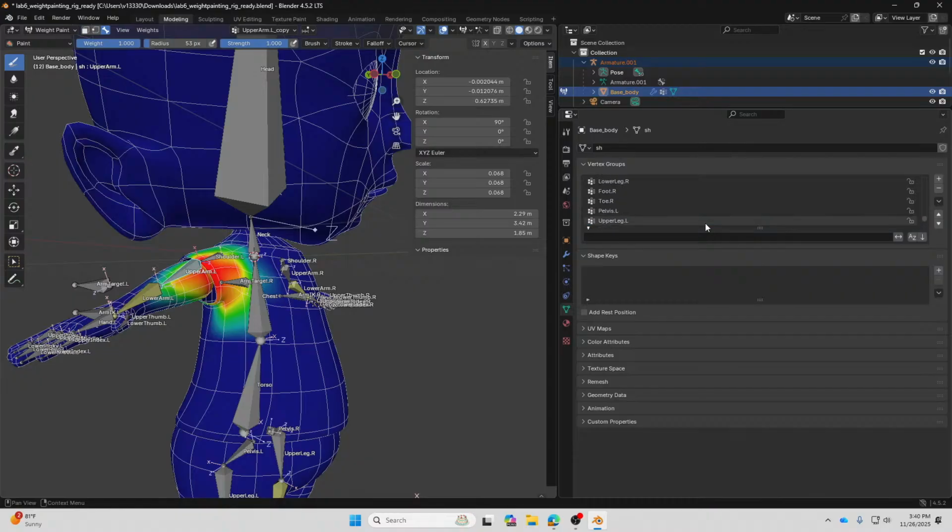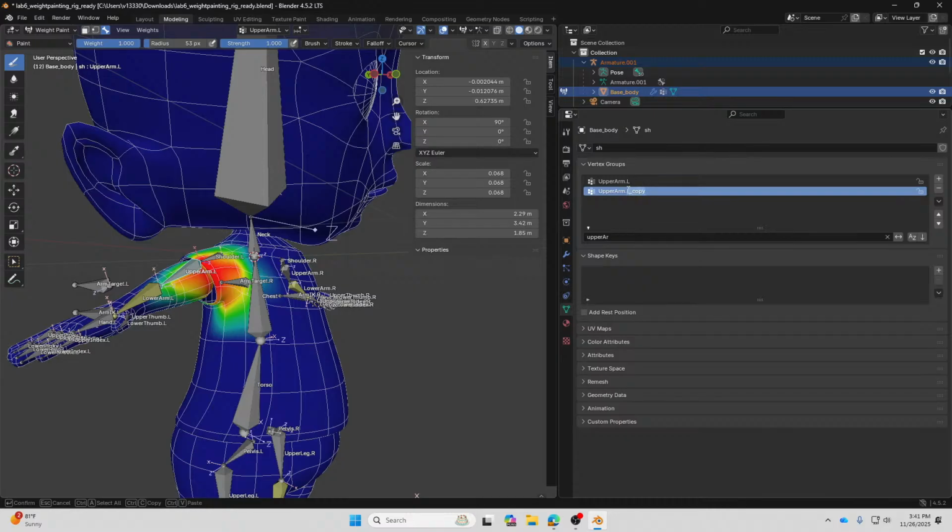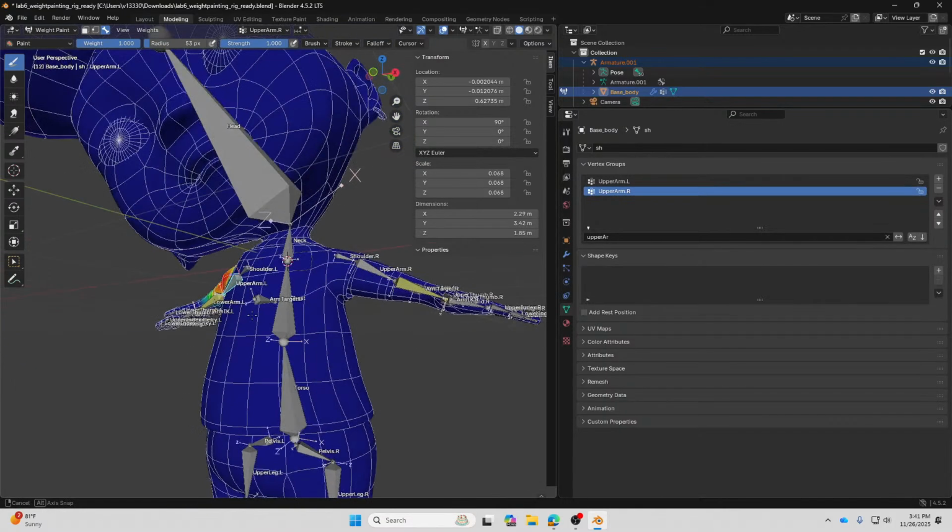Now you search for upper arm, and you want to mirror it to the other side, R. You delete this group, and then rename this one as upper arm R. Now if I click on upper arm R, I should have the same.